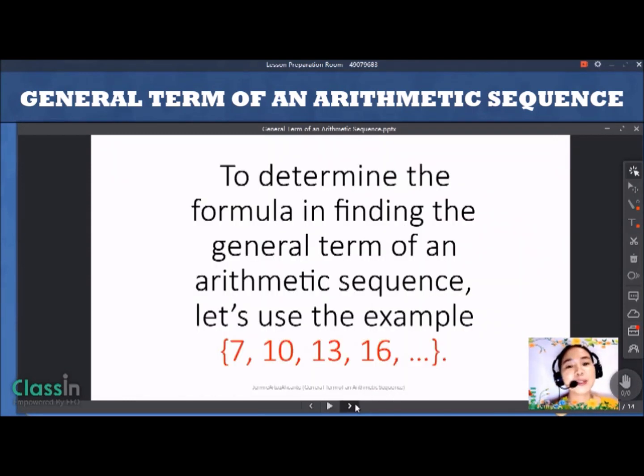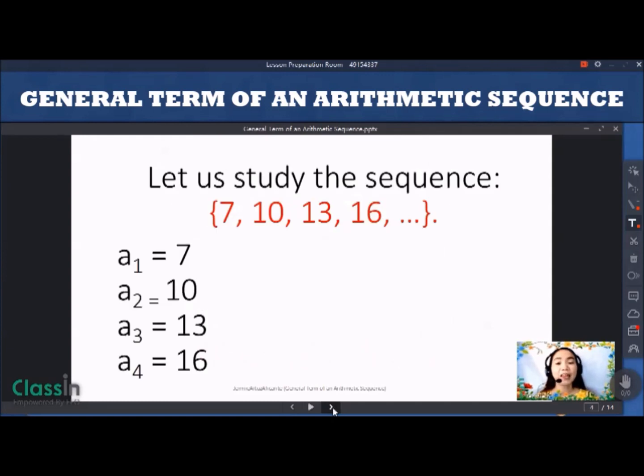Now, to determine the formula in finding the general term of an arithmetic sequence, we will use this example. We have the sequence 7, 10, 13, 16, and so on. Now let us study the sequence. We have 7, 10, 13, 16, and so on. Our first term is 7, so it will be called